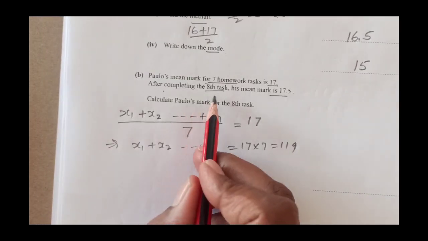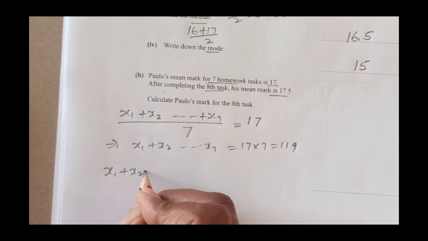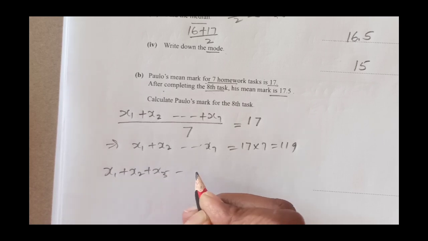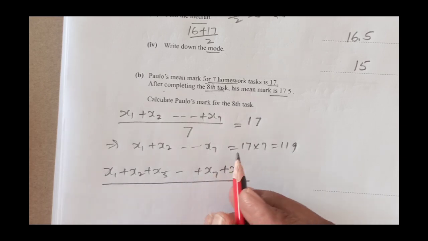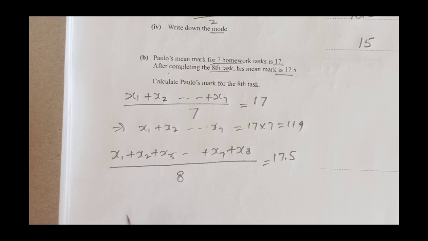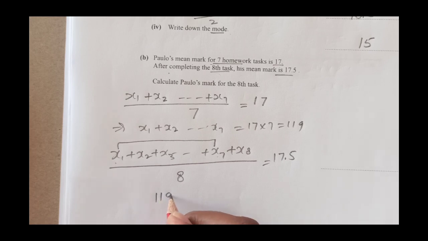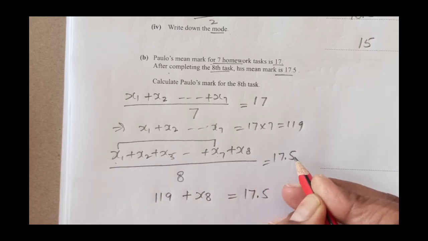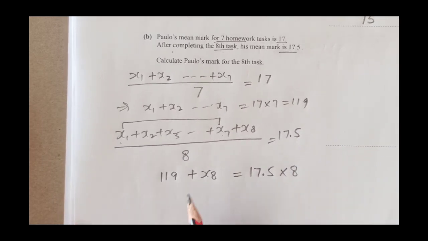Okay, now there is an 8th task added, so x1 plus x2 plus x3 up to x7 plus x8. Now as there are 8 tasks, we divide by 8, and the mean is 17.5. So now we have the sum of the first 7 values, which is 119, plus x8, divided by 8, equals 17.5. This 8 can be multiplied on the other side. So once you multiply here, you will get